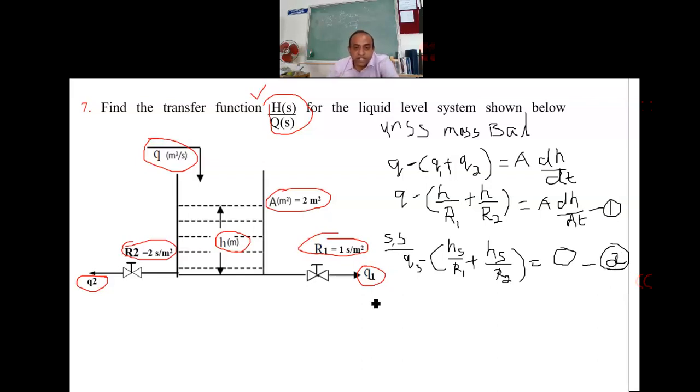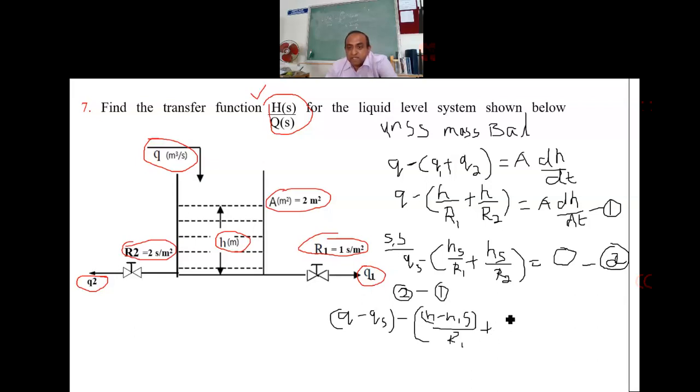So what after steady state? Subtract. So subtract 2 from 1. Fine. So if you subtract, so what do you get? You get Q minus Qs. Okay. So you get Q minus Qs bracket. So what do you get here? So you get H minus H1s. Okay. So that is divided by